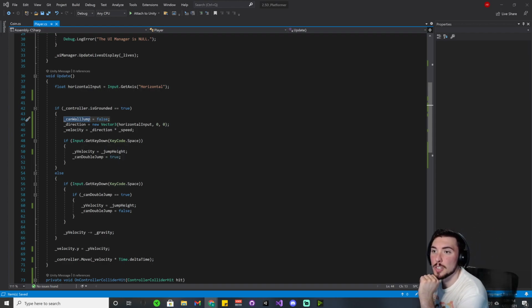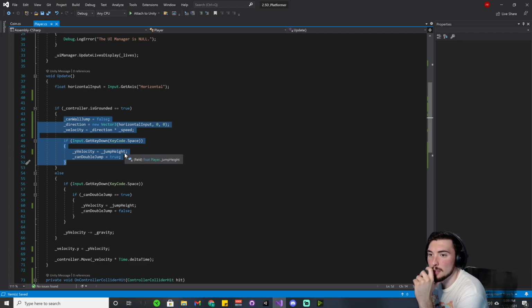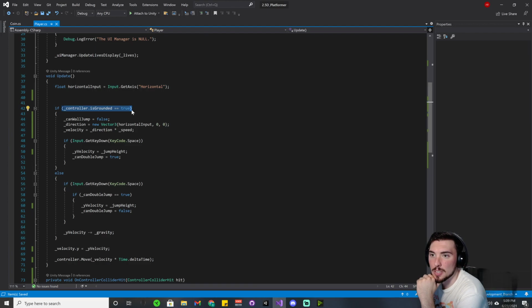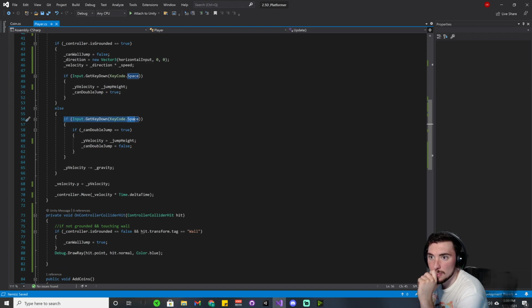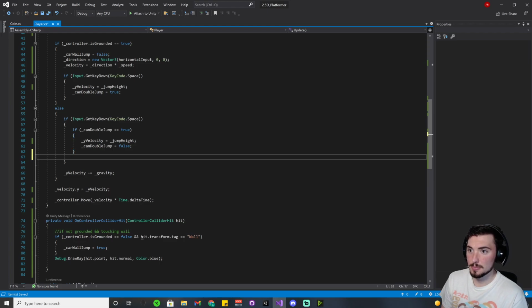So if controller is grounded equals true, you can jump. Else, so if the controller is not grounded, if input.get key down, key code space, if can double jump equals true, then